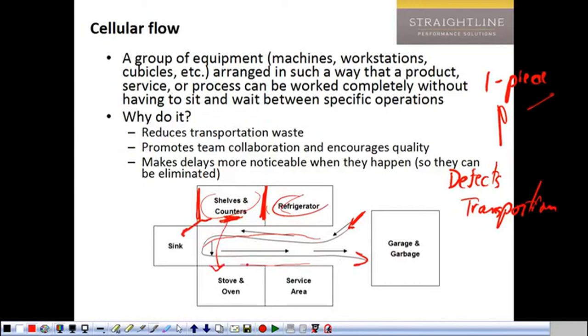Move those right into the stove or the oven, and then we can put it on the service area and can go right to the living room or dining room or wherever it goes. And oh, by the way, the garbage that's created can go right back out of the kitchen as well. So it sort of minimizes all that travel. So that's one of the things. Another advantage that you get is that